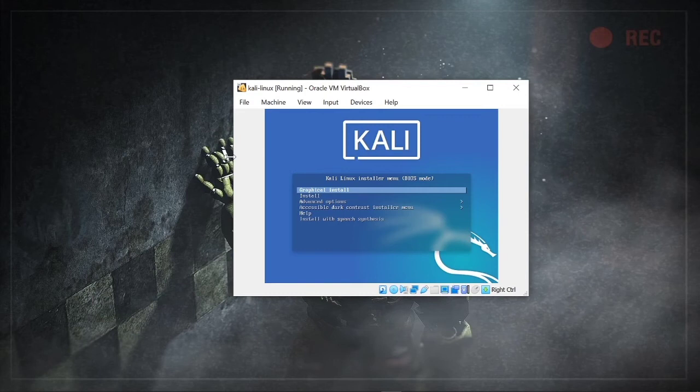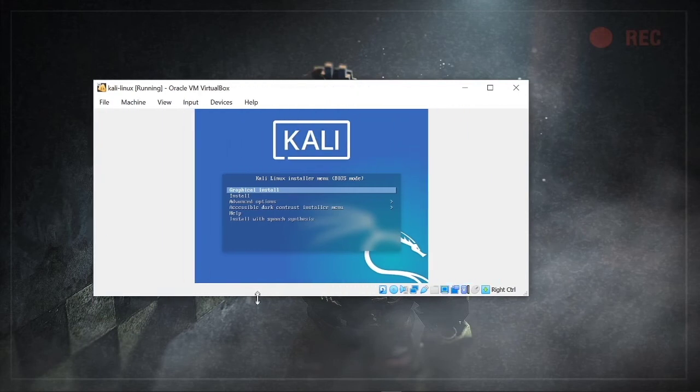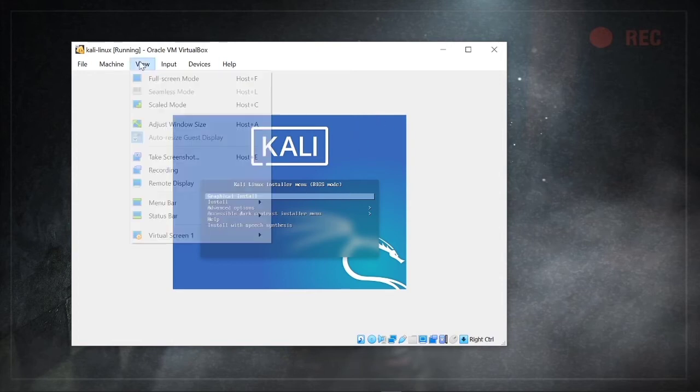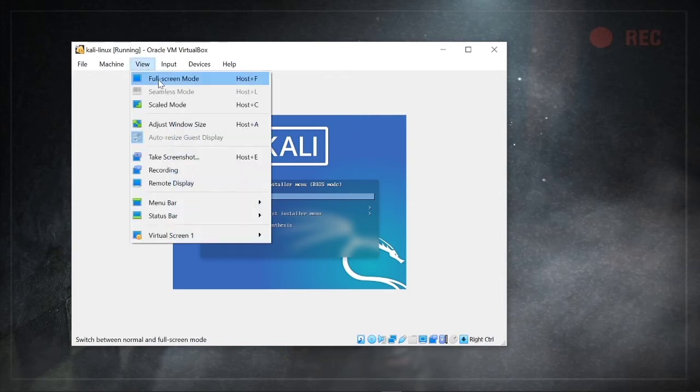This is the first screen, so I'll tell you the next is actually the boot up, and you have a few options here. What you could do is run it live. This means you will not install Kali Linux, but in this video I'm going to show you how to install it step by step. So yeah, that's basically the live option.